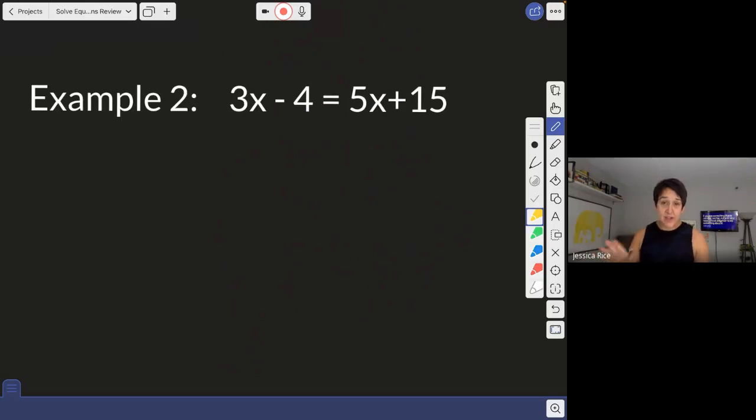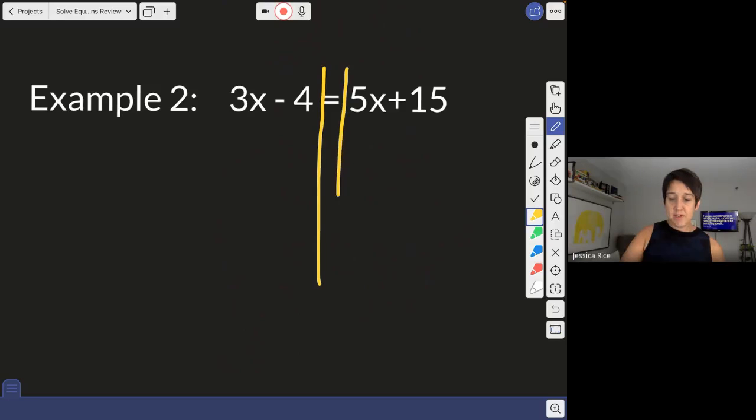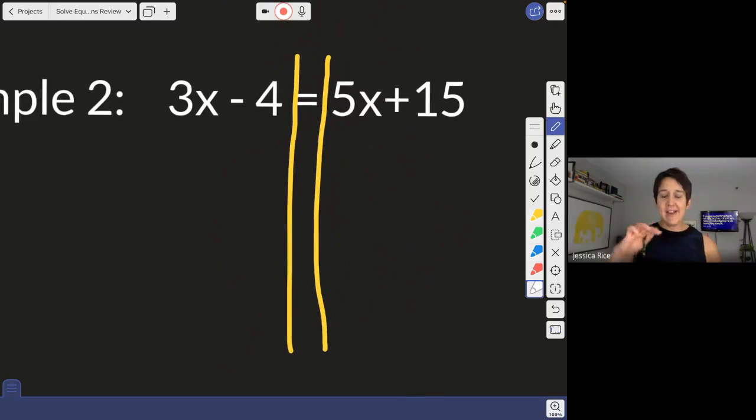Don't be afraid to pause this video if you need to catch up. So example 2. So now we have x's. We look at the overall equation and we see x on the left and on the right, and we think, okay, I need alone and together. Okay, they're not together, so I need to start with together, because they'll never be alone if they're all over the place. And so I draw my train tracks to keep things balanced, and I think about, what do I need to do to get them together? Well, I don't like them on both sides, so I need to get them to one side. I don't like negatives, so I'm thinking ahead. So what I'm going to do is put a negative 3x on both sides,